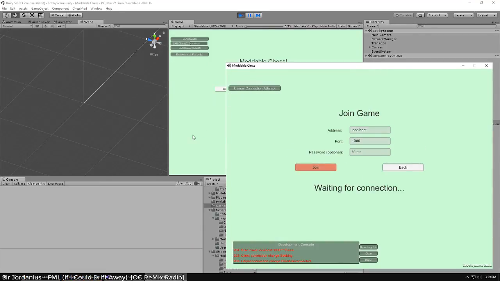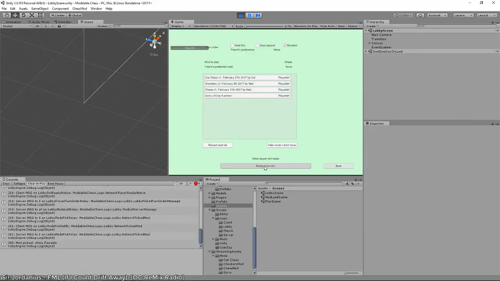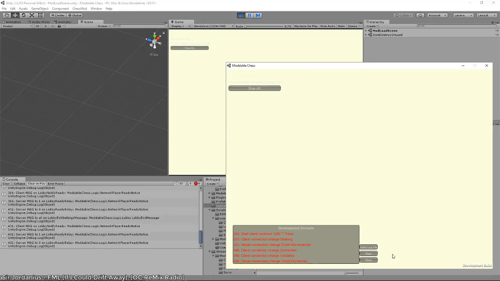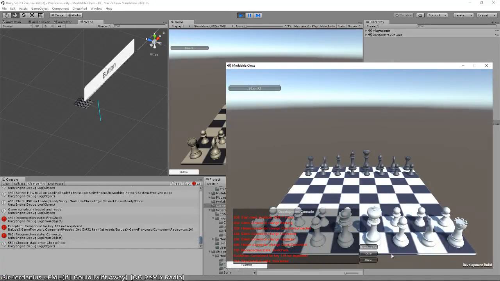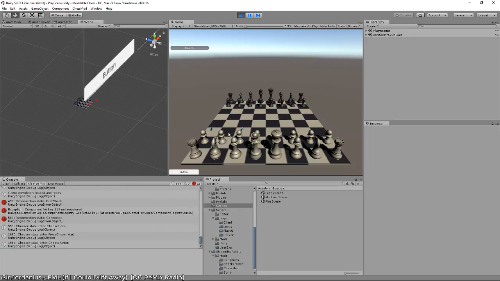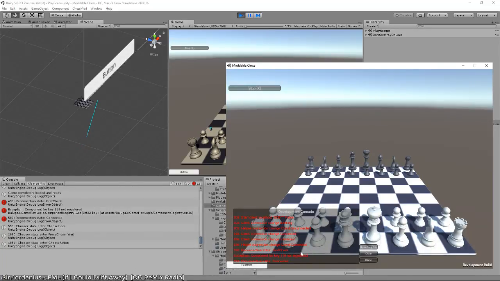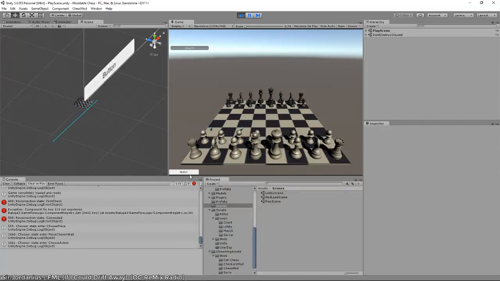Okay. And we'll start these up. Load up the chess mod. Alright. And so if I press the forfeit button, okay, that shouldn't let me do anything anymore. Okay, well, let's just move something here and see. Oh, it's not this person's turn. Yeah, when I press the forfeit button, it should